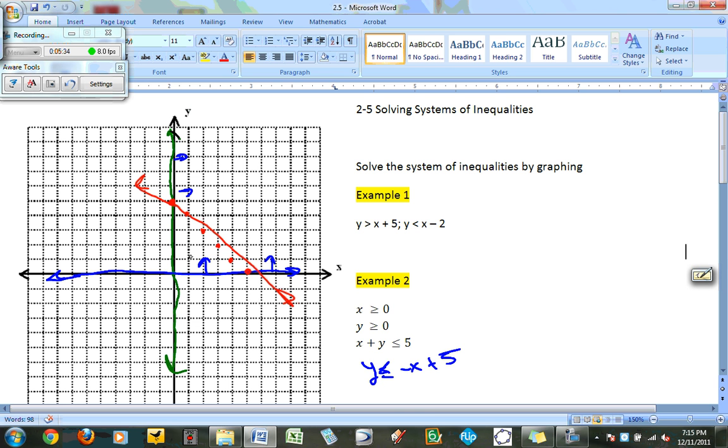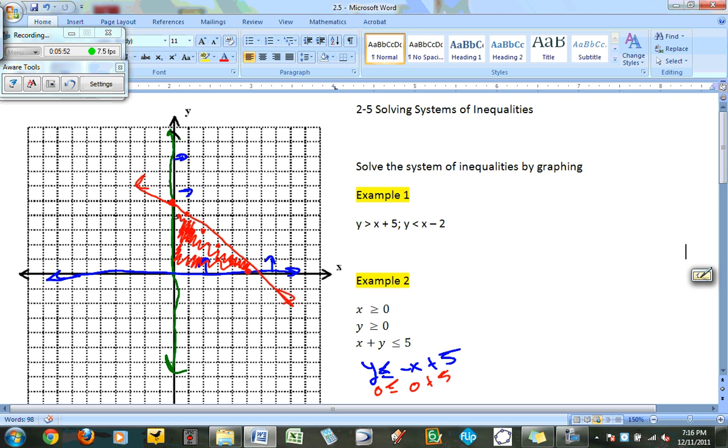We need to decide where we need to shade. (0, 0) is not on that line. So if I plug 0 in for y and 0 in for x, is 0 less than or equal to 5? Yes, that's a true statement. We'd be shading down. So all of our solutions inside of this triangle right here would be the solutions of